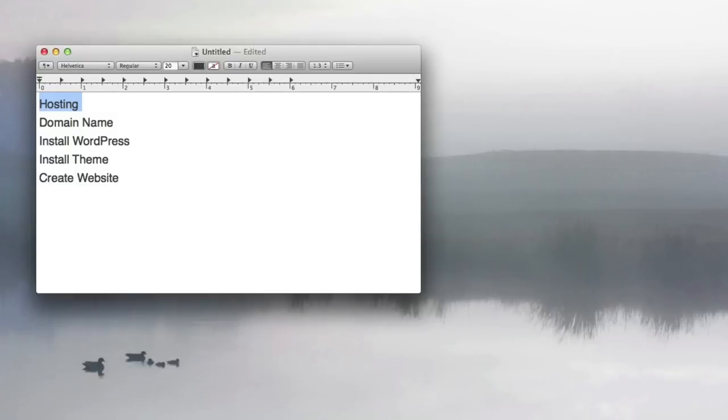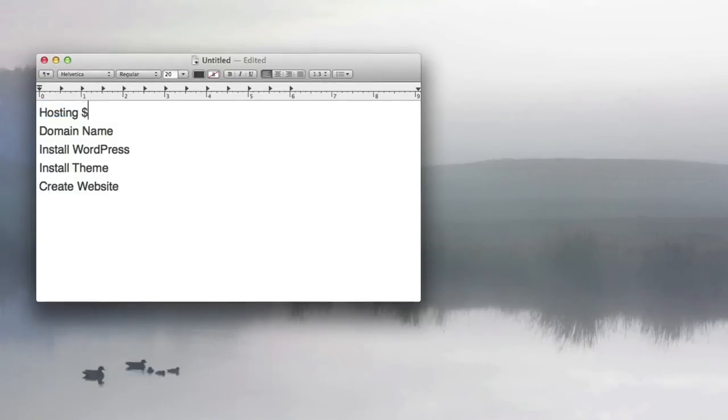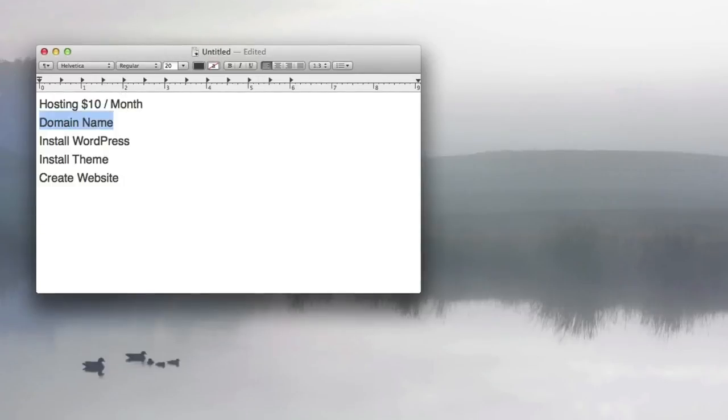It's a computer that's on 24 hours a day that you put your content like text and images on so the entire world can access it. Hosting costs about $10 a month, and this is the most expensive part of a website. The next thing that we're going to do is we're going to get your domain name. A domain name is like